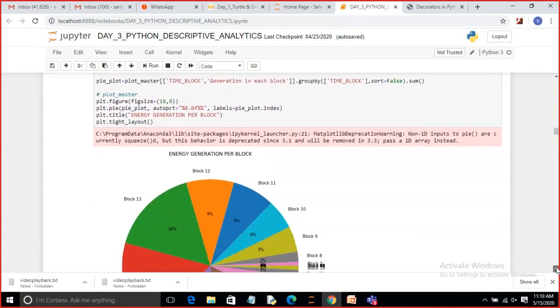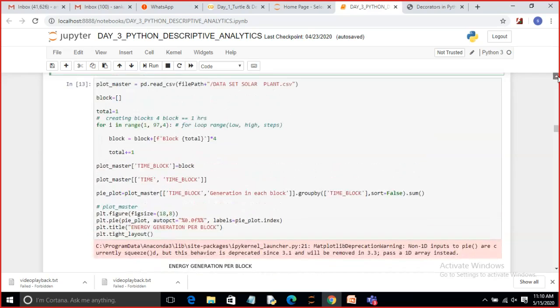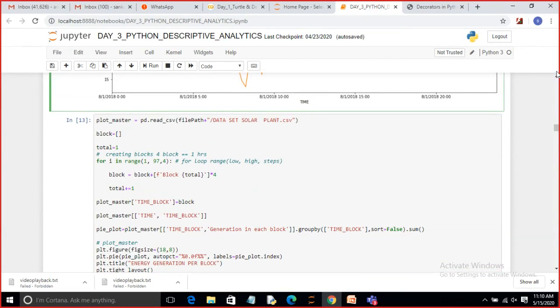Then we are going to see the pie chart, how to draw a pie chart, using that CSV file. Then we are going to use blocks.